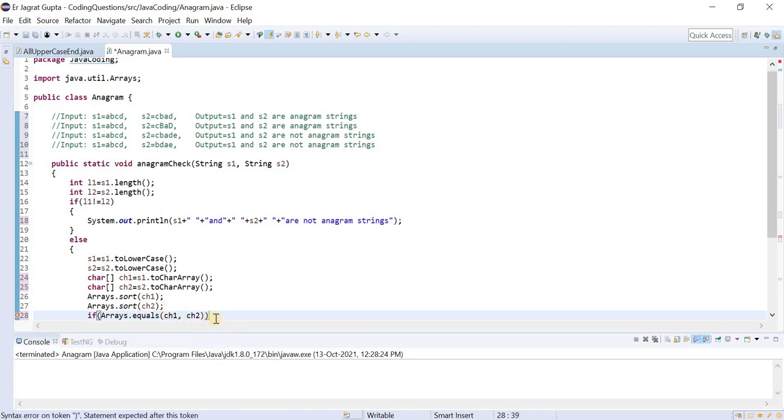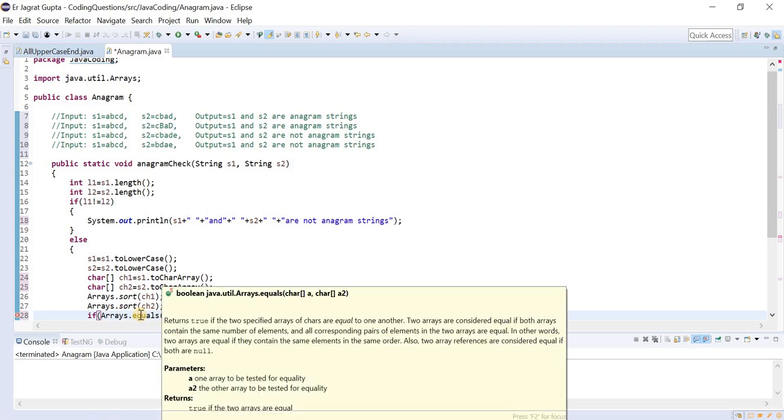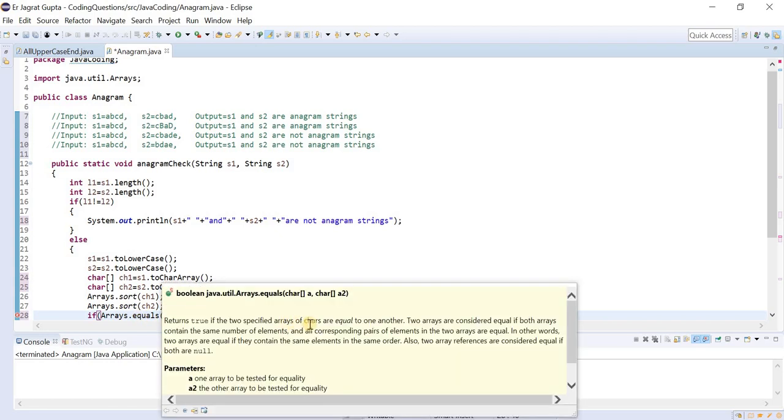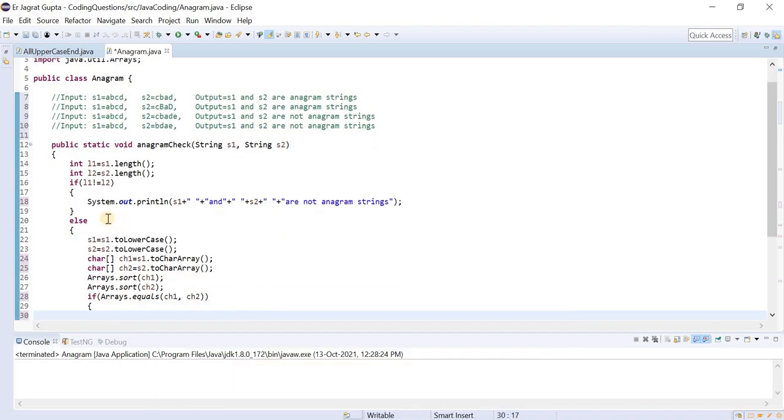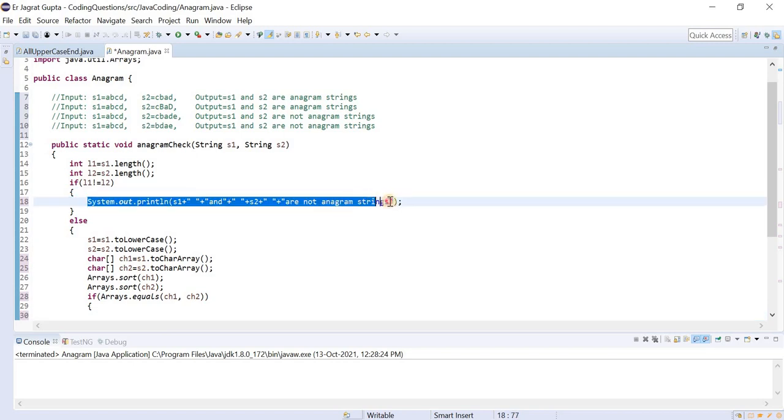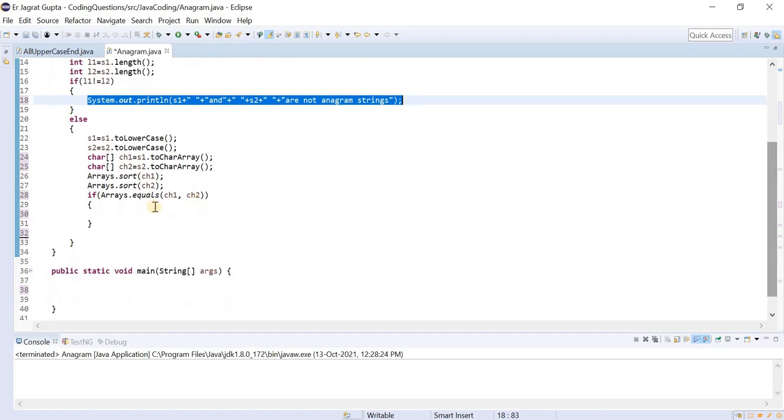What it will do, it will check whether the elements are same or not. See this, it returns true if the two specified arrays of characters are equal to one another.